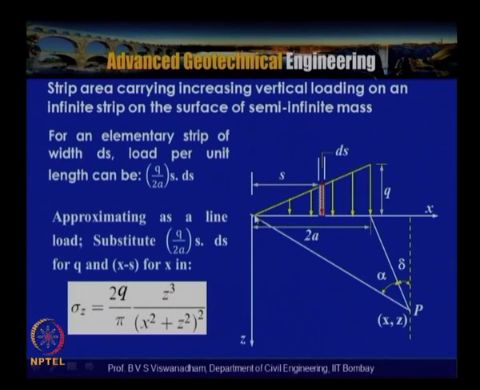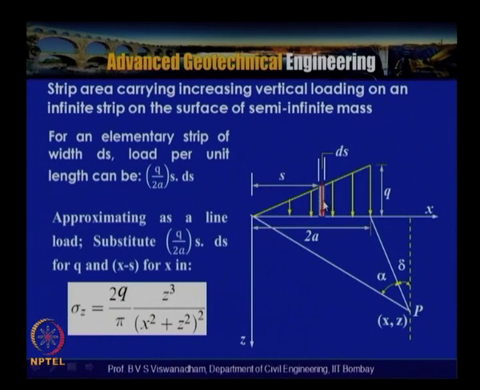That means that at x is equal to s, there is a small elementary strip of ds at a distance s. So, this vertical ordinate divided by s, from similar triangles, this triangle and this triangle, we can calculate this magnitude as q by 2a into s,